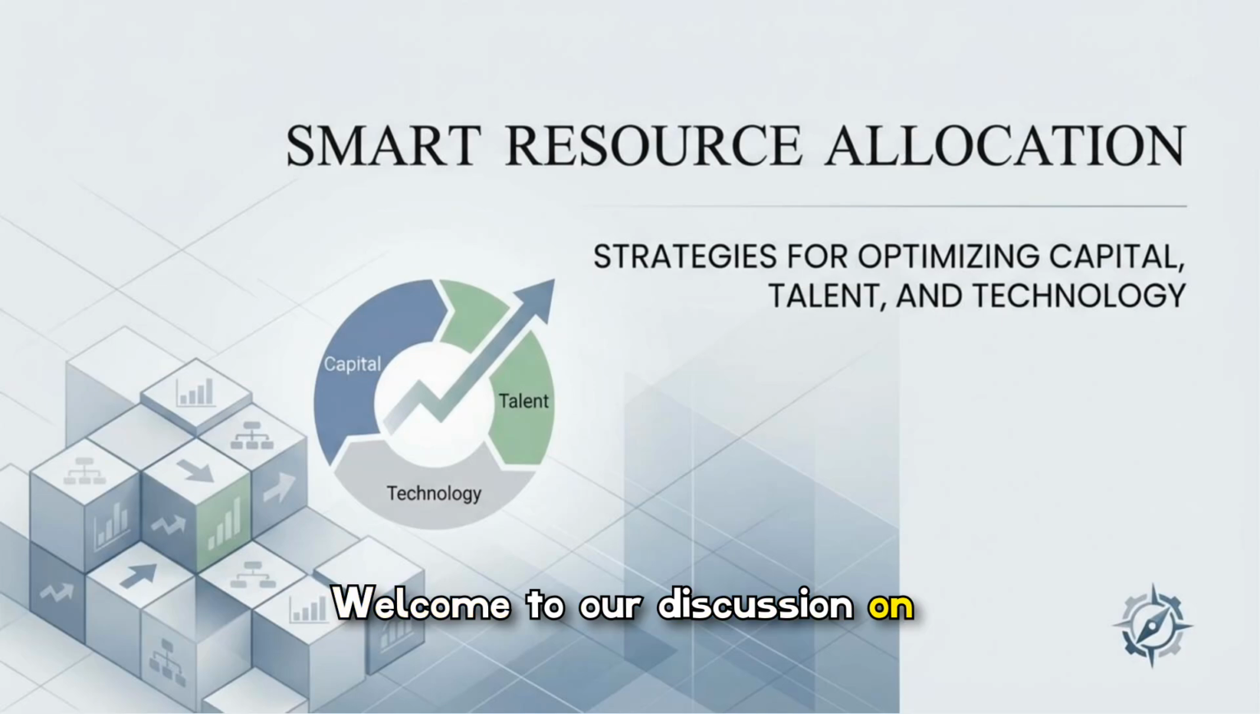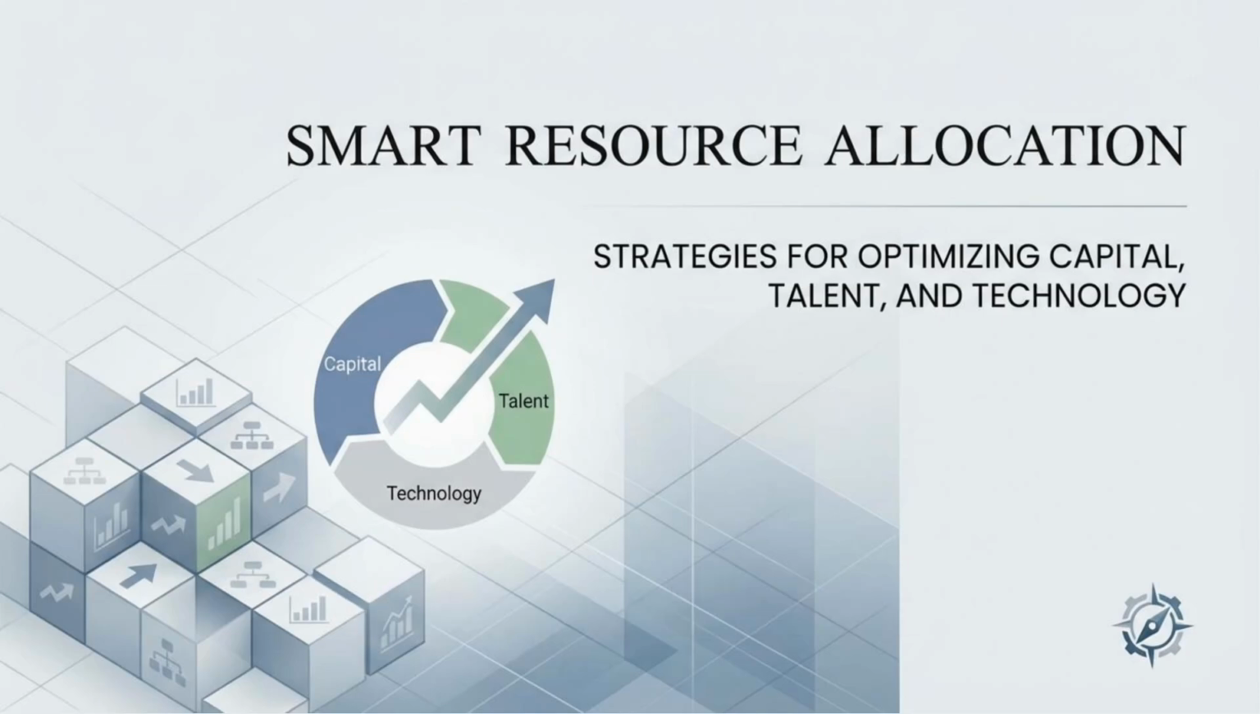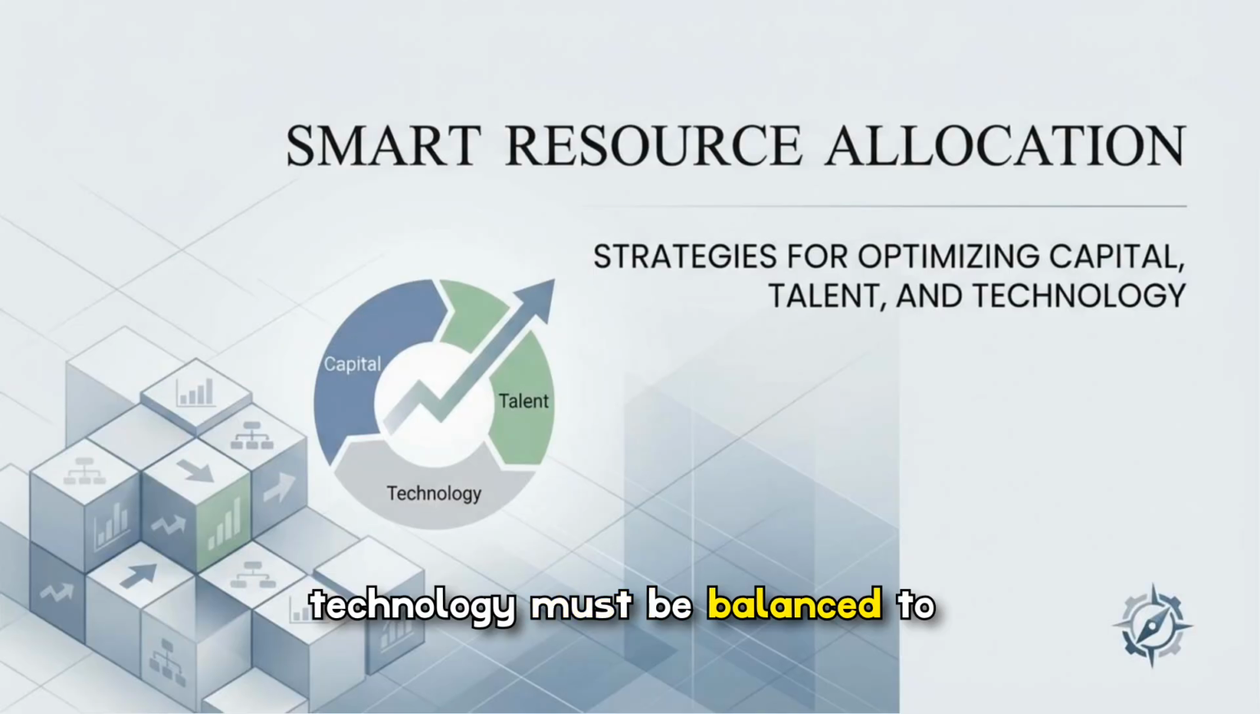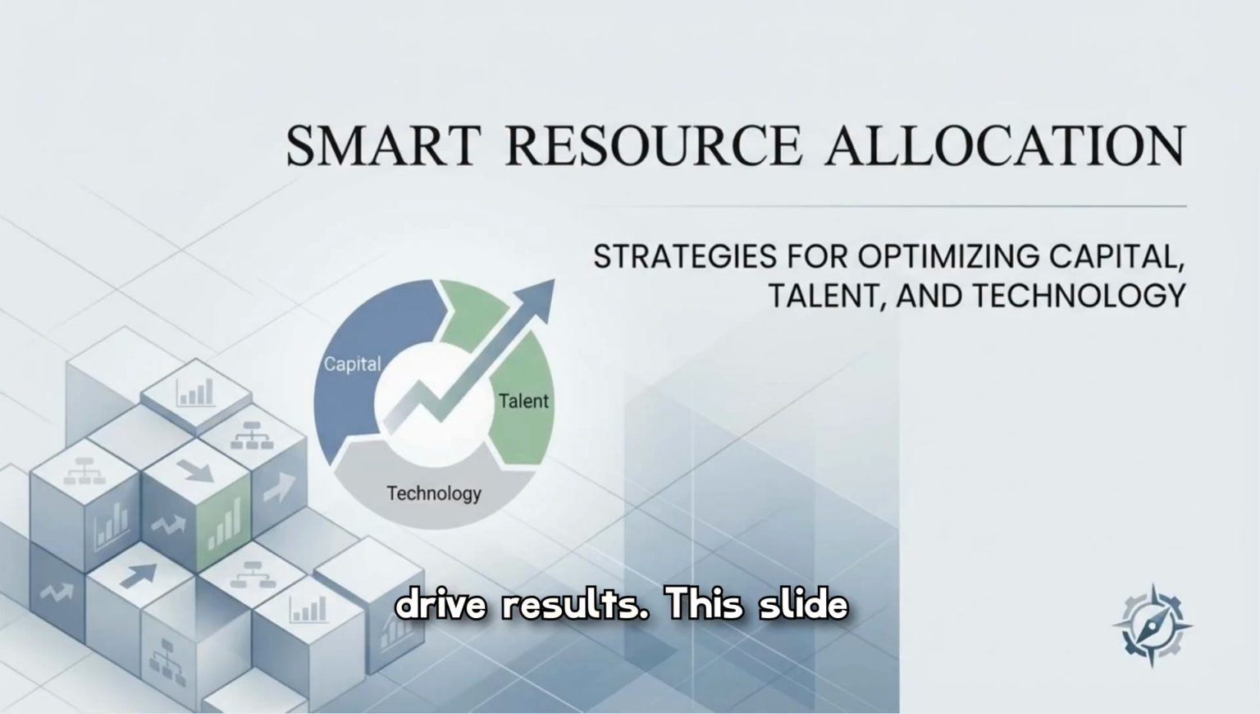Welcome to our discussion on smart resource allocation, where capital, talent, and technology must be balanced to drive results. This slide introduces the core idea, optimizing those three levers together, not in isolation, so investments amplify each other and create sustainable advantage. As you look at the circular diagram, think about how small shifts in one area change the